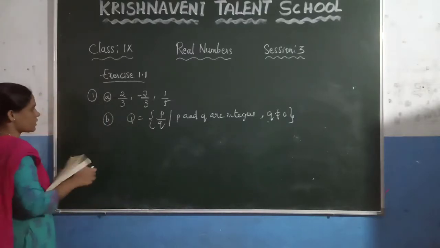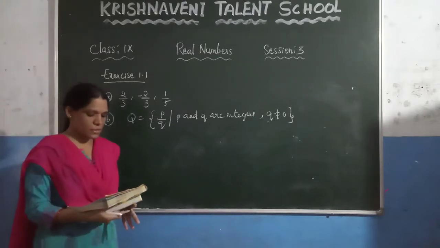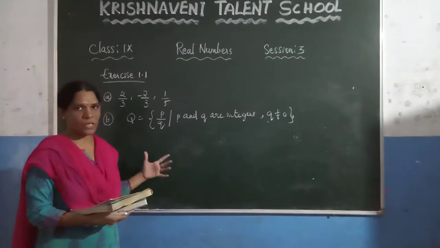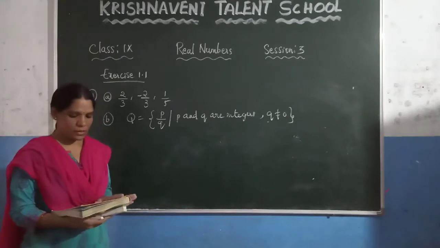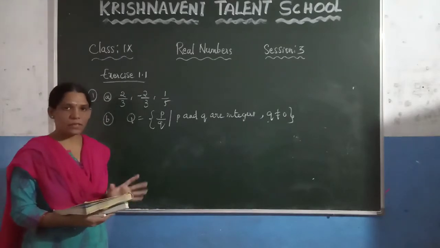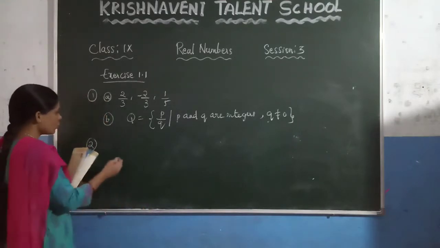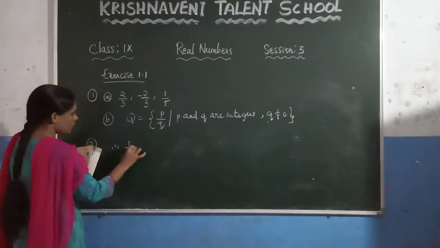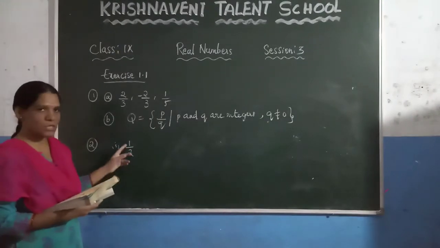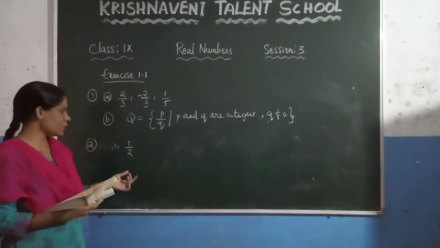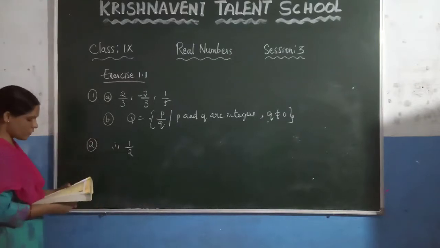Now see the second question. Here they have given some statements. You just have to write an example based on the statement. First one, a number which is rational but not an integer. You have to write one number such that it is a rational number and it is not an integer. You know that rational numbers are nothing but fractions, and the denominator should not be equal to 0. And you know that it is not an integer. What are integers? Integers are nothing but the negative numbers, 0, and the positive numbers. So here is the first one.